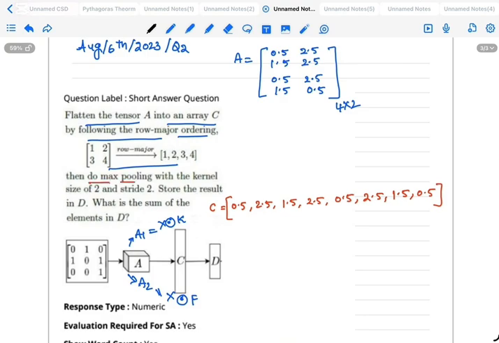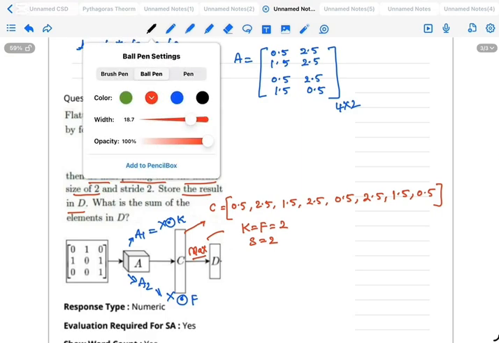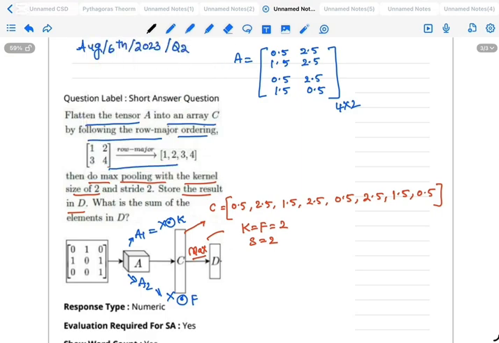Then do max pooling with the kernel size of 2. So this matrix C is passing through the max pooling layer with kernel size, that is filter size, equals 2 and stride equals 2, and store the result in D. Store the result in D. So when it is passing through a max pool layer with kernel size of 2,